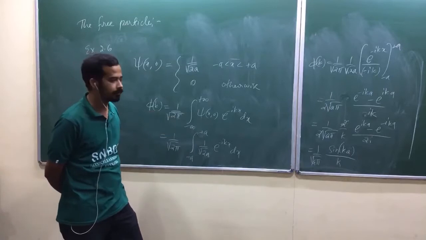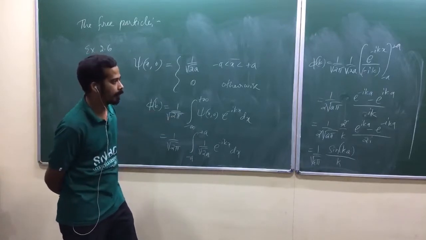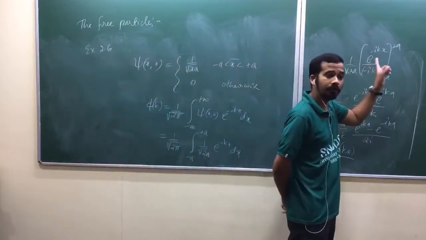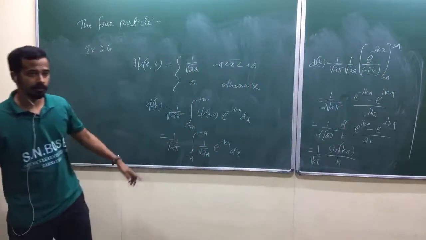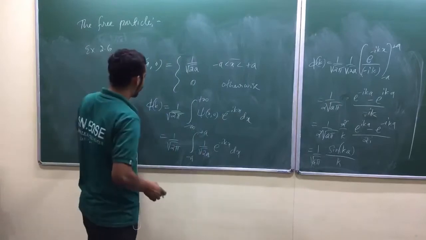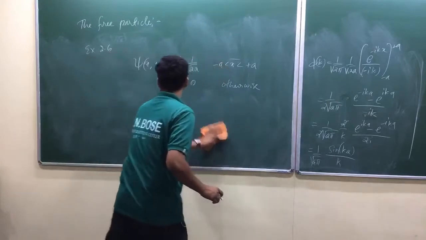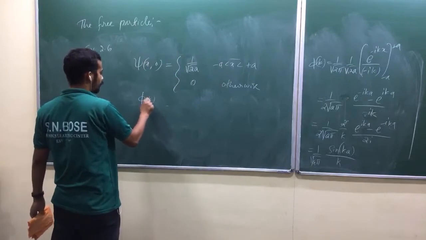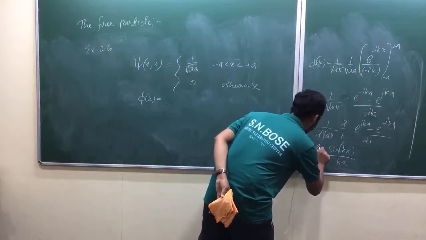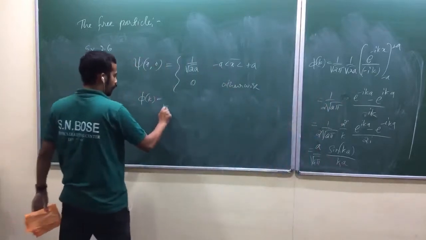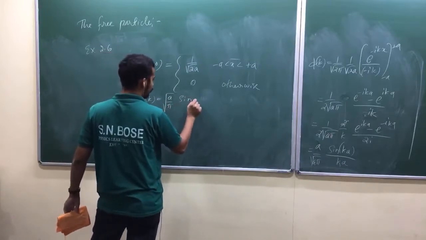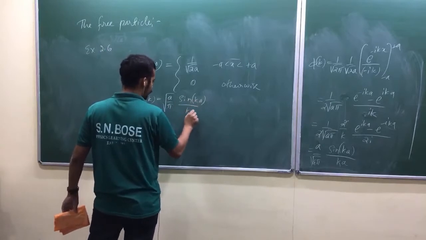In the morning, yes, speak out. The integration is with respect to dx, substituting for x, okay? Not with respect to dk, be careful. With respect to dx. Sin ka by k, look here. Now let me write this here. This is the position space wave function. What is the momentum space wave function? Because we can have some interpretation. Now what I do here is multiply and divide by a: root of a by pi, sine of ka divided by k. That's comfortable.